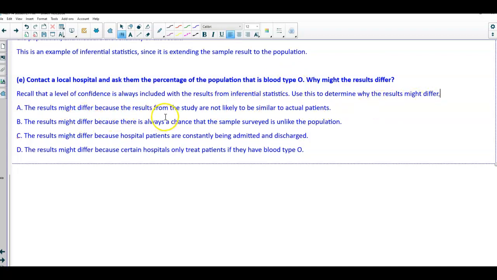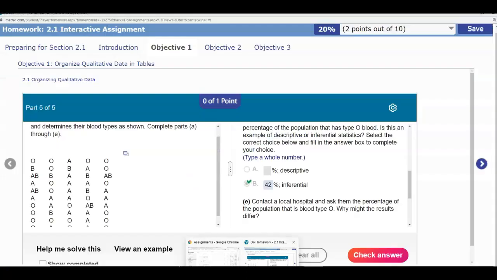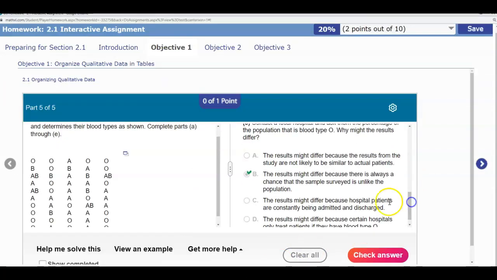The results might differ because the results from a study are not likely to be similar to actual patients. That doesn't give us a good solid answer. The results might differ because there is always a chance that the sample surveyed is unlike the population. That's true, because you can take a sample from different hospitals and it's not going to represent that population. Part C, the results might differ because hospital patients are constantly being admitted and discharged. That would not be a sufficient answer. And the results might differ because certain hospitals only treat patients if they have blood type O. No. So we're going to say that the result is B. Looking at our answer, we'll say that the answer is